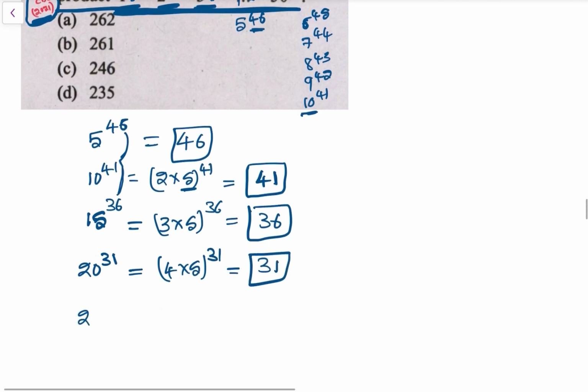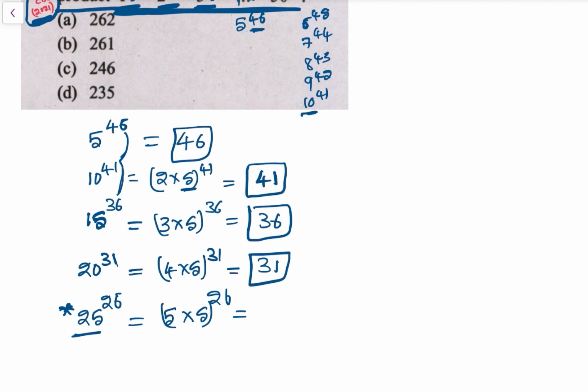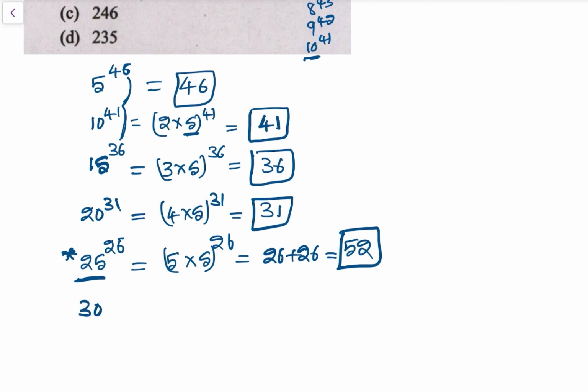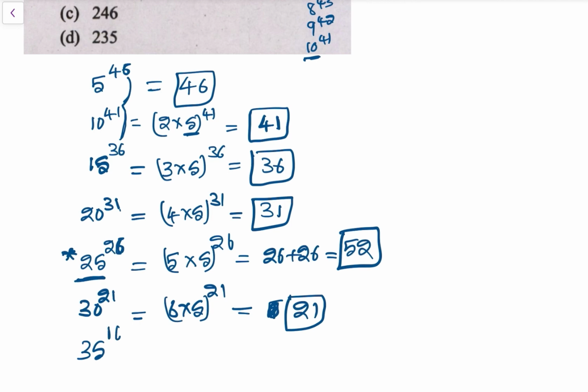Then 25 to the power 26, so 31 minus 5, 26, so 25 here, again important, that is 5 into 5 to the power 26, so that would be 26 plus 26 fives, that is 52, ठीक है। देन 25 के बाद 30, सो 30 में आएगा 26 minus 5 करो, that is 21, so 6 into 5 to the power 21, so 21 times आएगा, ठीक है। देन 35 to the power 16, so that is 7 into 5 to the power 16, so 16 fives आएगा।